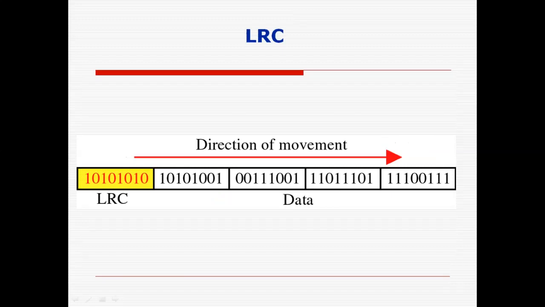In the next example, we will study the LRC technique. In the LRC technique, again we calculate the same parity bits, but we take each bit position from each block. Means we take the first bit from the first block. This is the first bit, again 1, so we have a 2 1. From this block again 1 in the first position, that is a 3 1. From this block again 1, it is a fourth one.